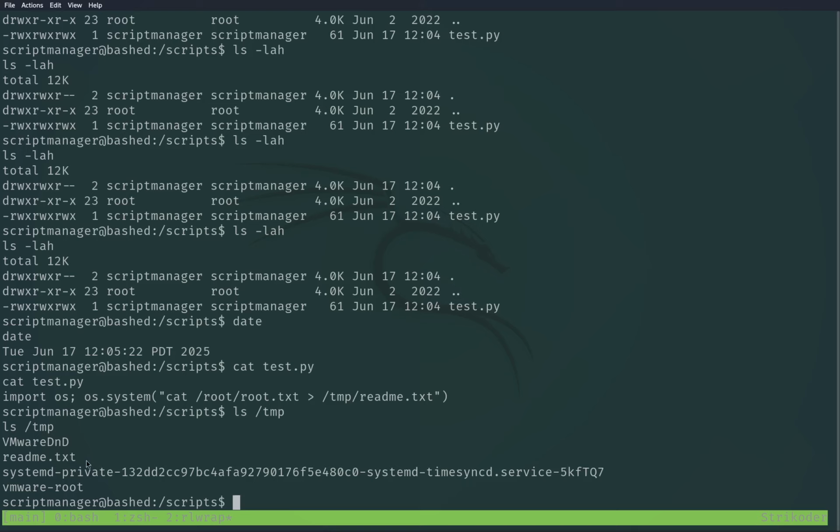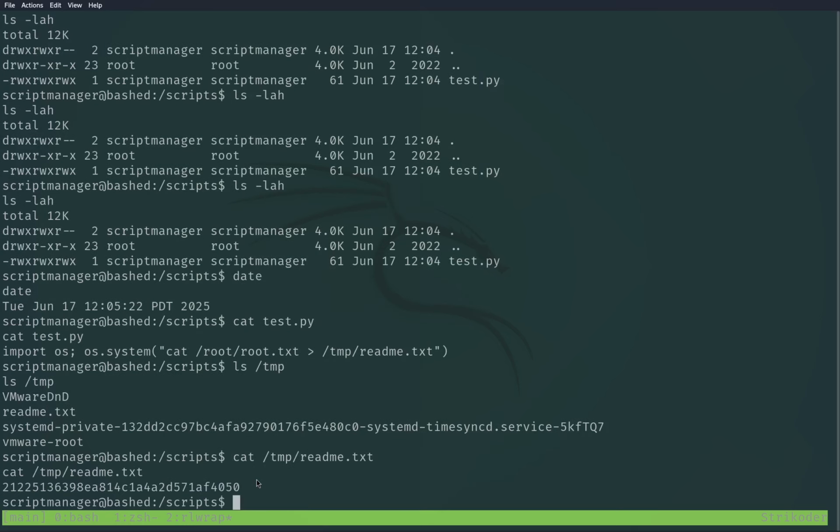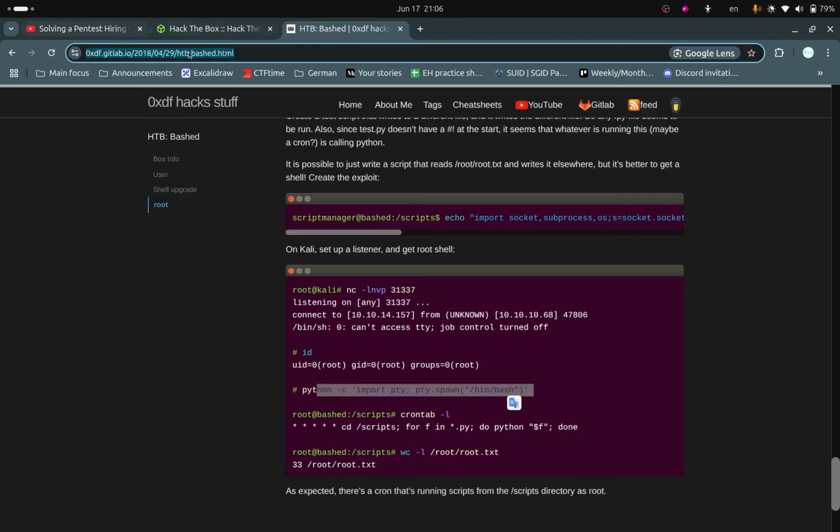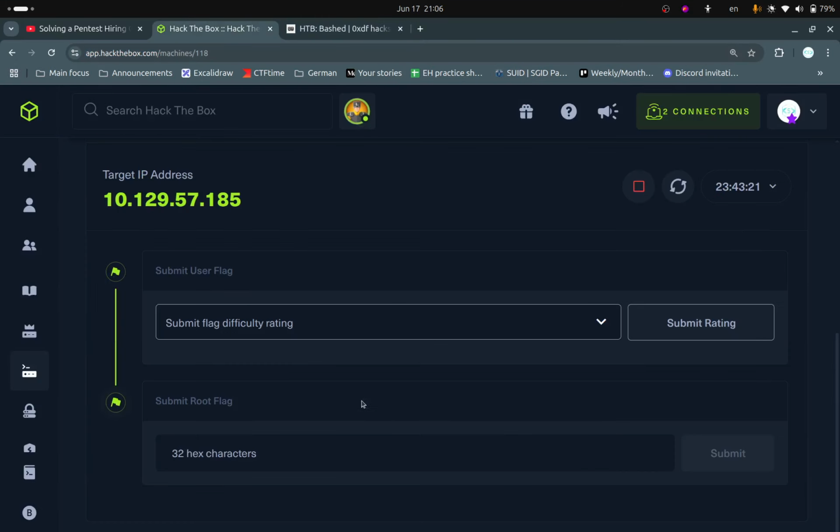So after a while, we had the readme. Let's read that. We need to provide the temp. And this is our root code. Here where I got the Python stuff, I'm gonna leave that in the comment section. Let me just submit that, and